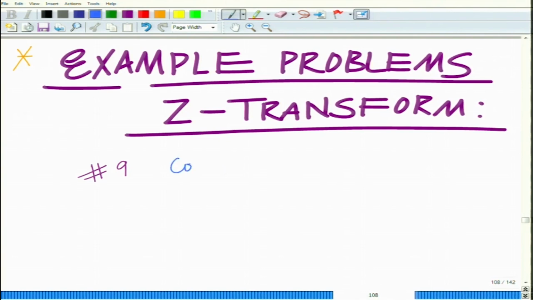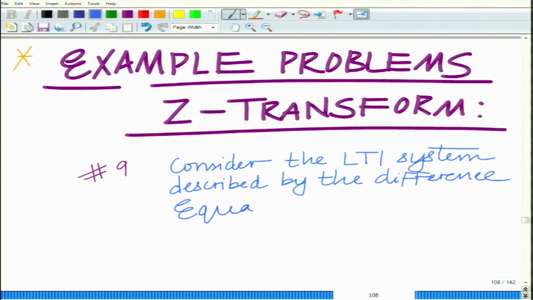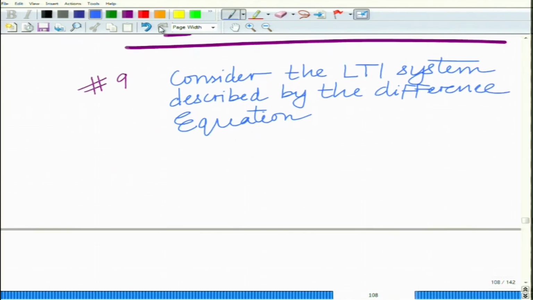Consider the LTI system described by the constant coefficient difference equation. We are looking at a difference equation, and the difference equation is given as y[n]